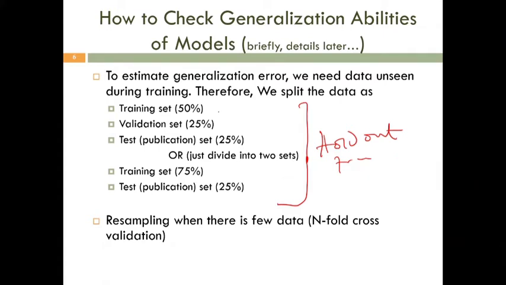The division can be into three, where you have a training set, a validation set, and then the final testing set. You can also have only two sets, a training set and a testing set. Either is fine. But if your data set is big enough, then it's better to have three partitions. If your data is sizable, not too big, you go for two. And if your data is really small, then we go for the second method, which we call cross-validation. All these we discussed in detail in our previous four videos called Evaluation of Machine Learning Models. We can refer to that.